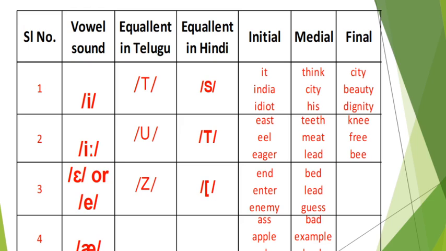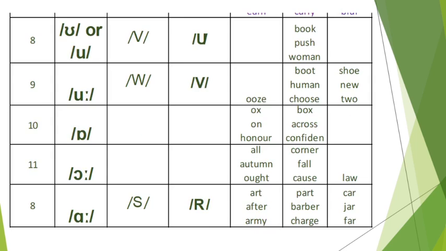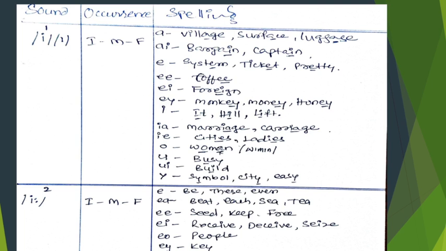Okay. So by this we completed the description and examples of the 4 front vowels: i, e, æ. Now let us see its spelling, with what letters we represent these sounds. Now see the first one, i. Yes, as you know already, it is IMF. It means initially, medially, finally it happens.